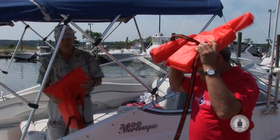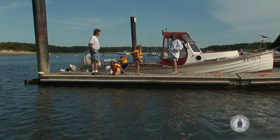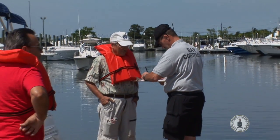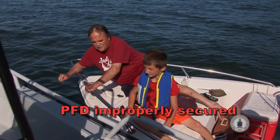Every vessel that gets underway needs a life jacket for each passenger on board. If you have a child on board, you'd need a child life jacket. There's a bunch of different varieties of life jackets that you could purchase. We suggest to the parents that they bring the child with them to purchase the life jacket, so that the child has a vested interest in picking out the different life jackets, and it's a little benefit for them to wear it. By United States Coast Guard regulations, it goes by weight. The life jacket has to be rated to the weight of the person. The life jacket has to be attached to the person wearing it properly, with all the straps and belts and everything clipped and properly tied,